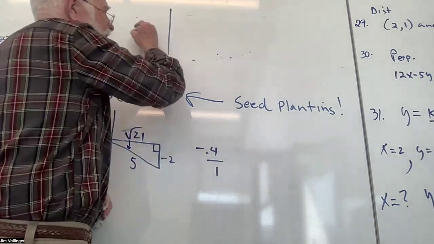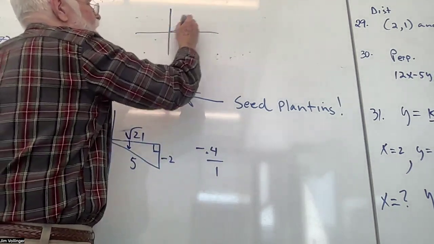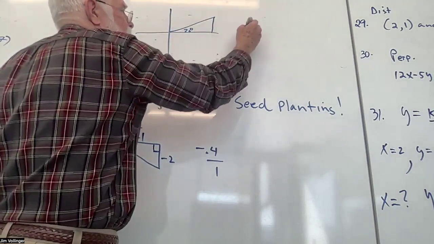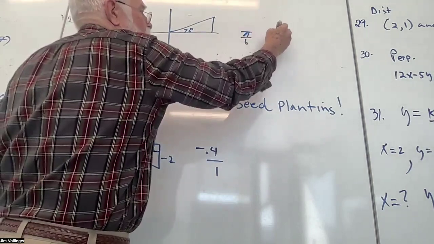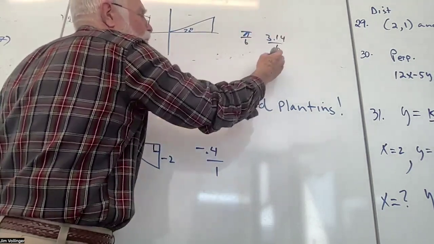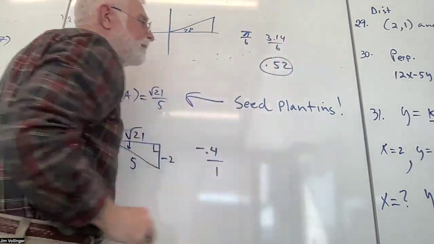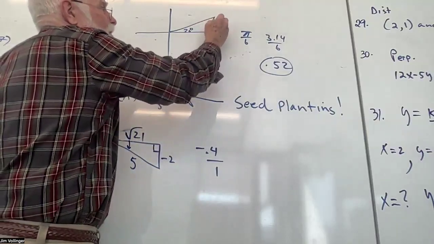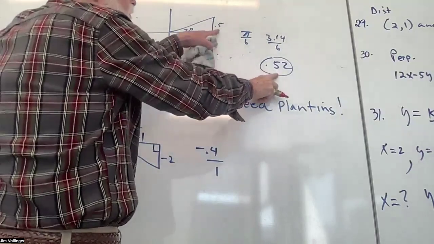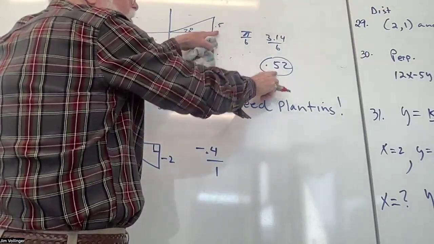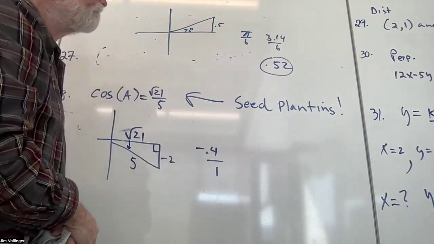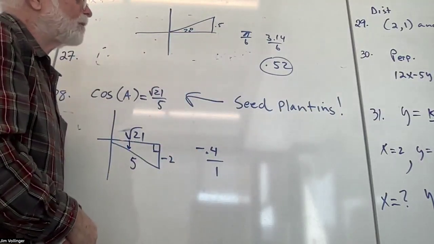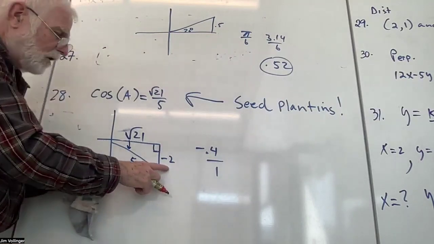And I know the other day I did the 30, 60, 90, right? 30 degrees, and I looked at pi over 6, which is 3.14 divided by 6, which is about 0.52 radian lengths. And I know that this is a half, which is 0.5. That's almost 1-to-1, and that's a 30-degree angle. Well, I got negative 0.4. That means this is almost 1-to-1